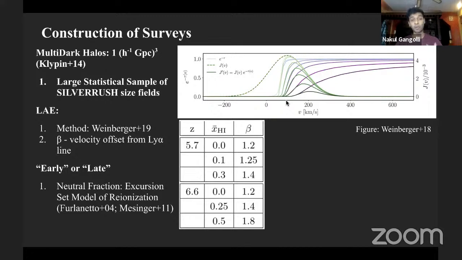Then to model our early and late models of reionization, we tuned the neutral fraction of the IGM using the excursion set model of reionization. For our early case, we set the neutral fraction to be 0% at redshifts 5.7 and 6.6. Our late models include a 10% and 30% neutral fraction at redshift 5.7 and a 25% and 50% neutral fraction at redshift 6.6. Then we tune beta specifically such that we match our observational constraints,